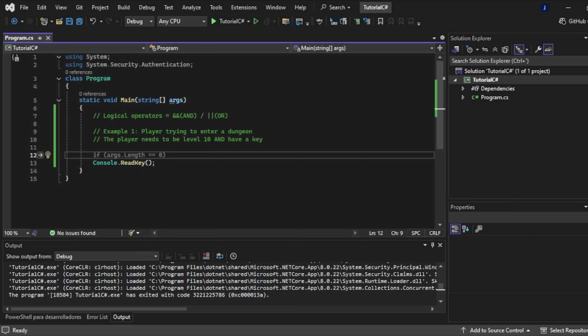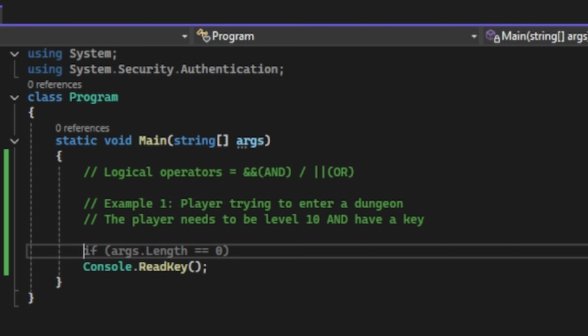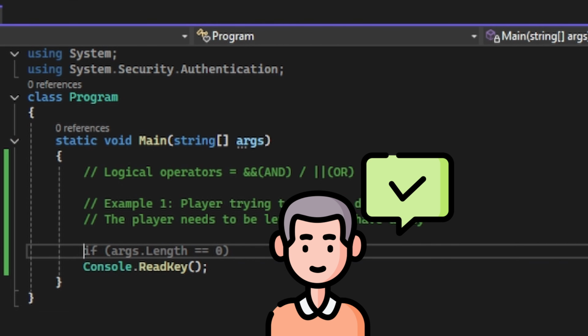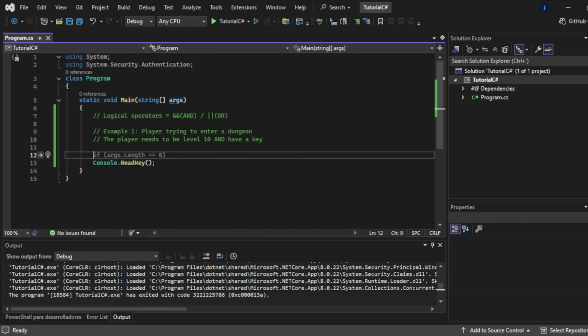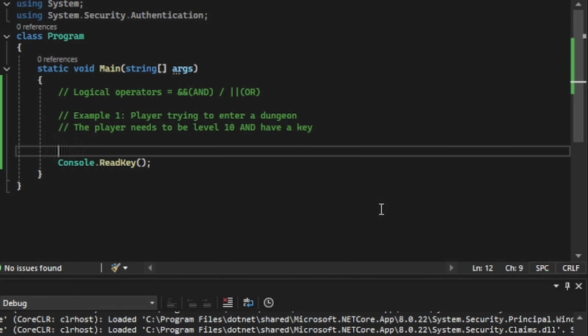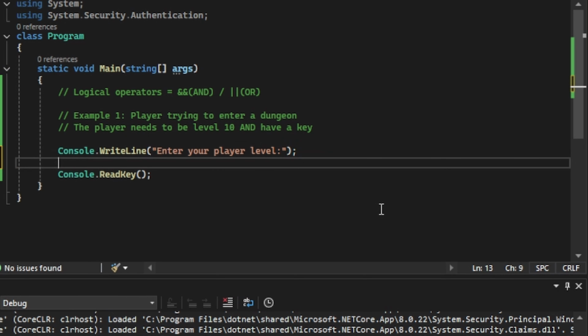Let's start with AND. Let's have the double ampersand. AND means all conditions must be true. Think about a player entering a dungeon. We start writing Console.WriteLine, "Enter your player level". We finish with a semicolon. int level equals Convert.ToInt32 open parentheses